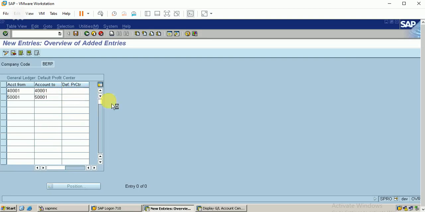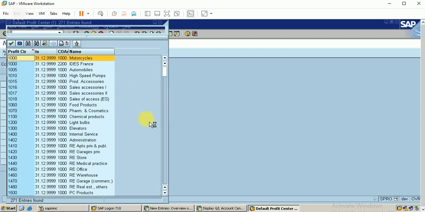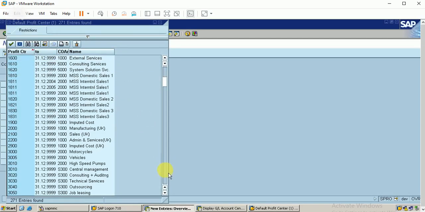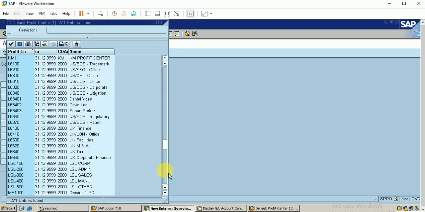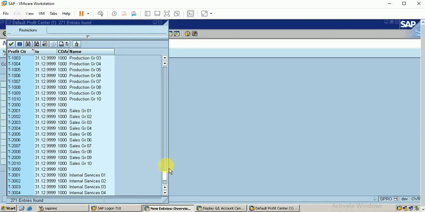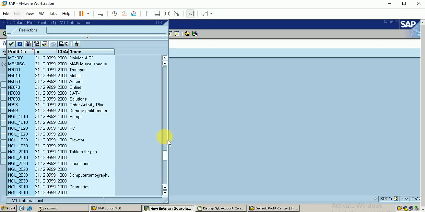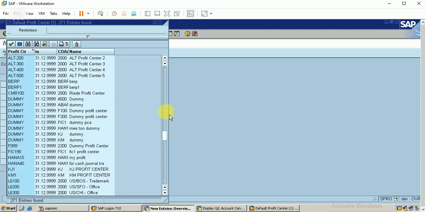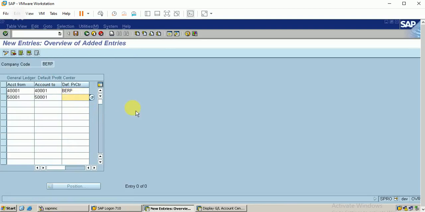I have created only one profit center, the other is a dummy profit center. This is the list of profit centers. The profit center I have created is BERP, I think. I think this is the dummy profit center, so I use this. Okay, click on enter, save.